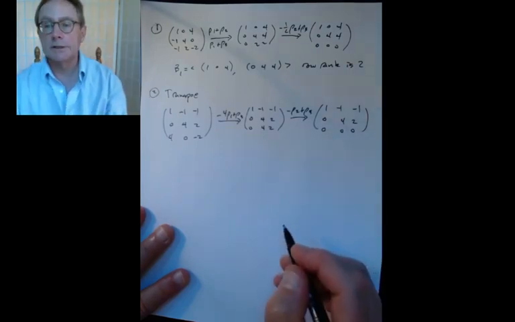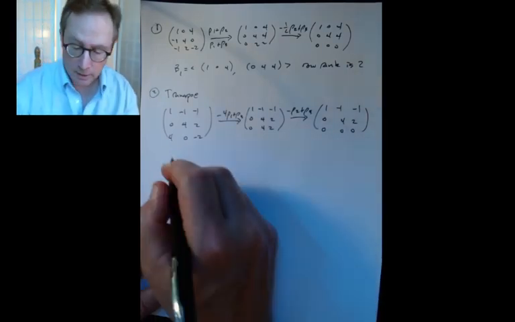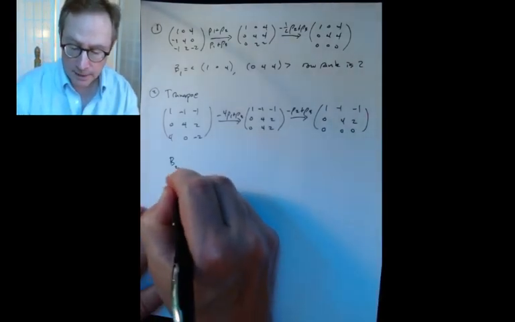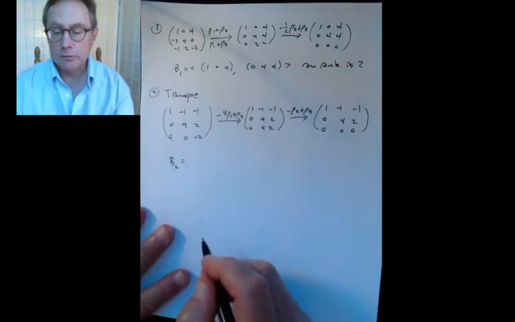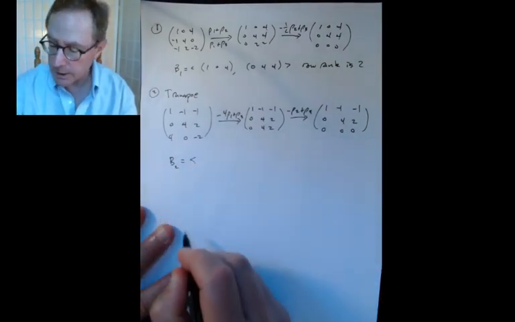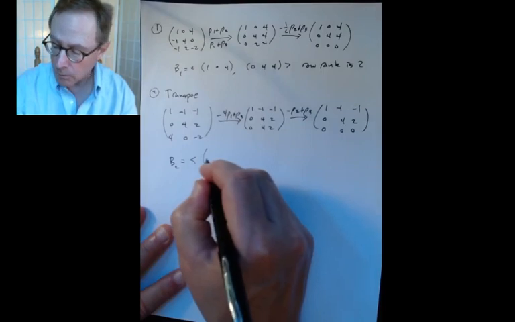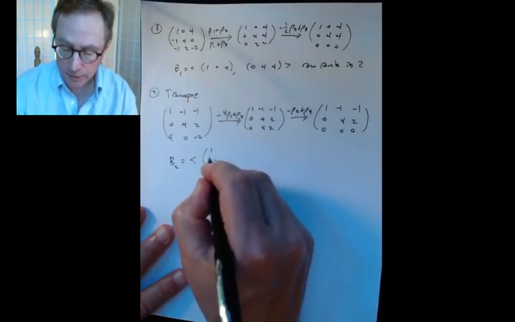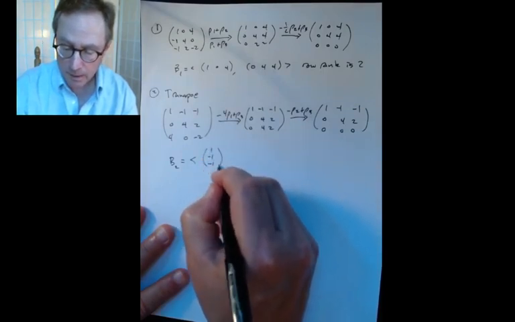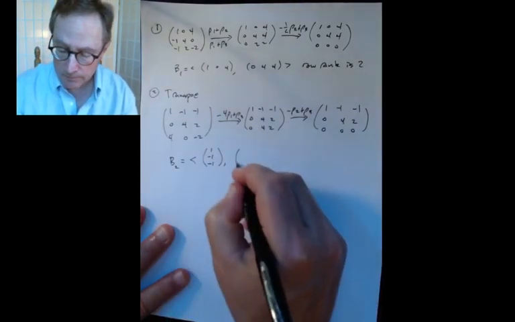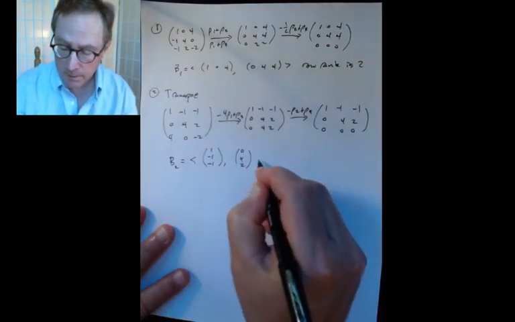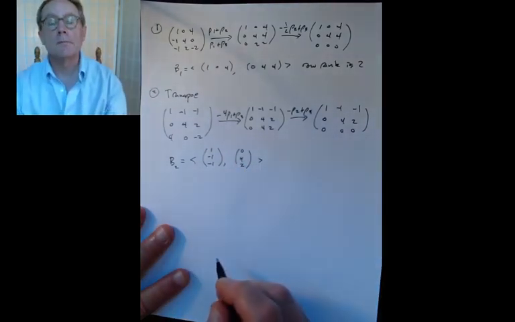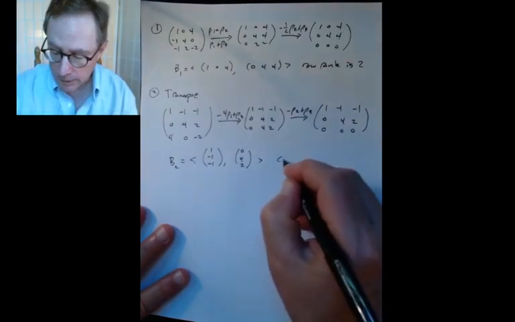So the redundancy is perfectly plain. You get then a basis. I'm going to transpose them back to be columns. So a basis for the column space is going to be 1, minus 1, minus 1, the transpose of the first row, and the transpose of the second row, 0, 4, 2. And so the column rank